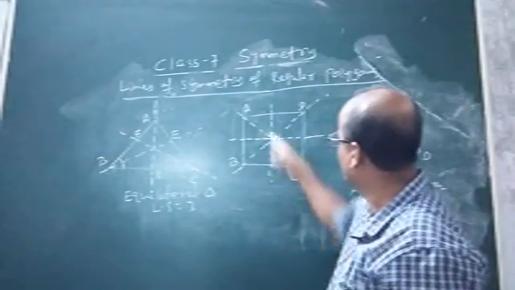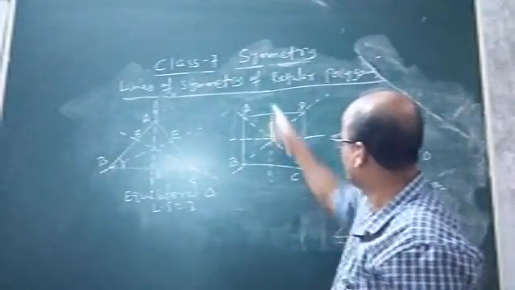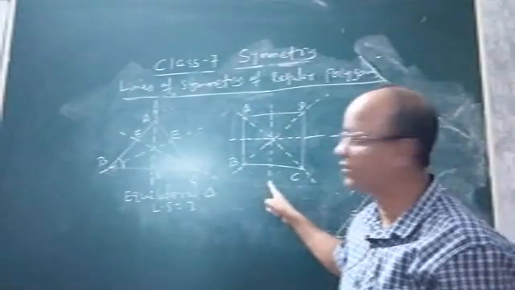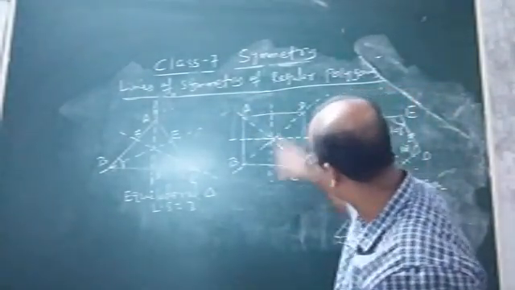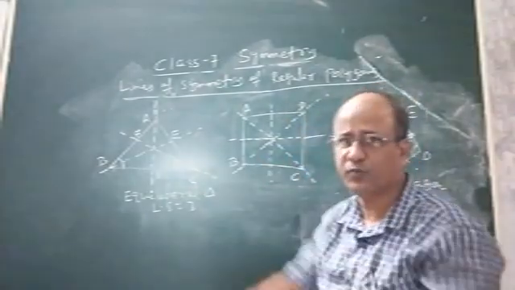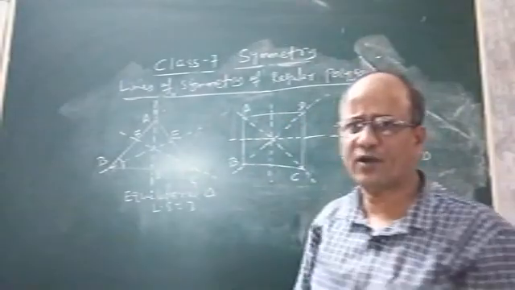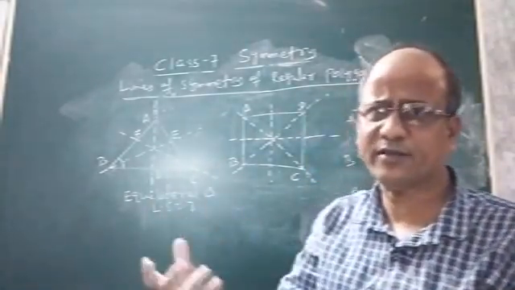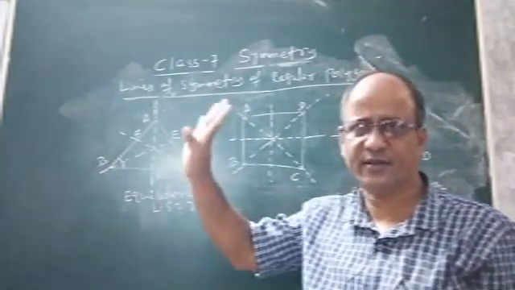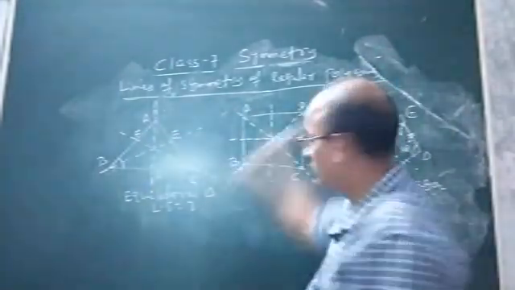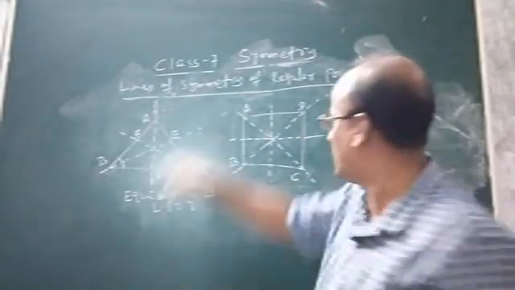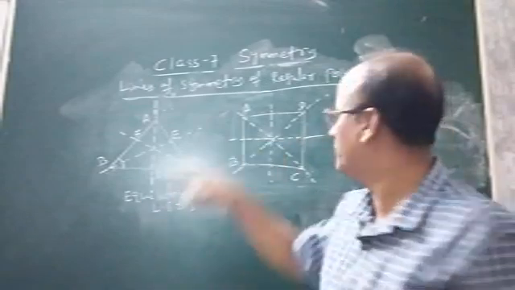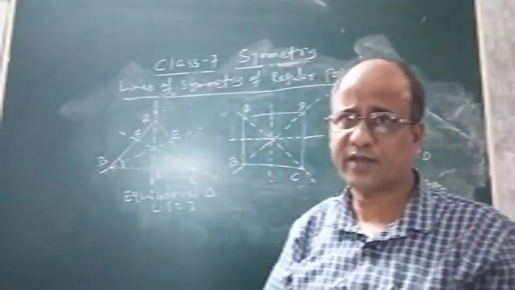And in a similar manner, take the midpoints of AD and BC. This dotted line, okay? This dotted line will also be another line of symmetry, because if you fold this part and this part about this dotted line, the 2 parts will again coincide. So my question is now, in a square, how many lines of symmetry are possible? The answer is clearly 4, okay? 2 lines of symmetry are along the diagonals of the square, and the other 2, how to obtain? By joining the midpoints of the opposite sides, okay?